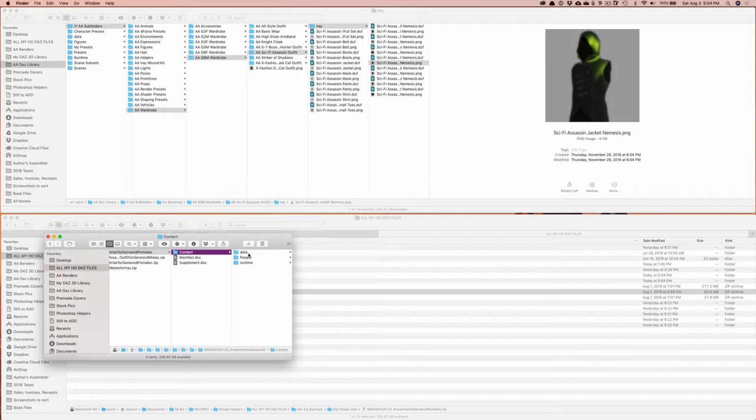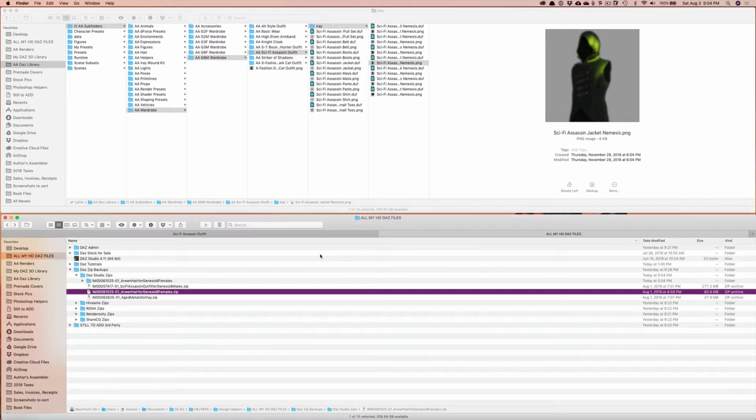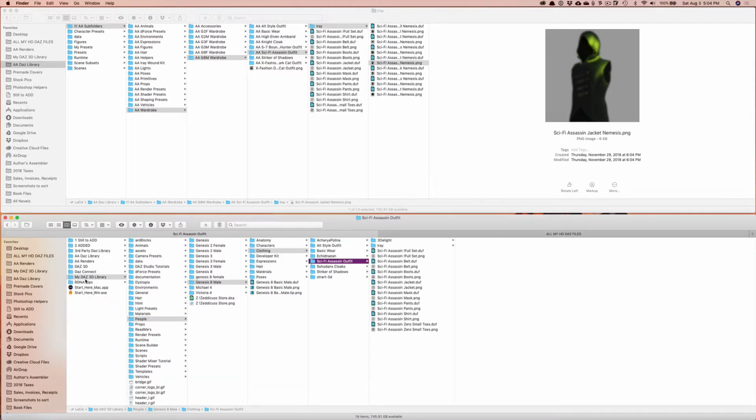All right, and we're going to, again, only copy the data, people, and runtime inside the content. We're not going to select this one, and we're not going to select this one. We're going to just select whatever's inside of the content. And I've copied it by hitting Command C, and then I'm going to pop over here to the main My